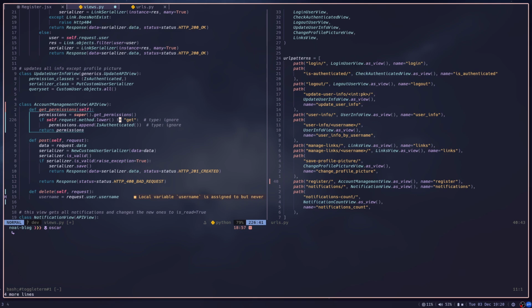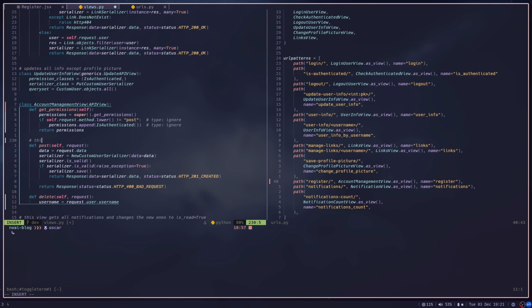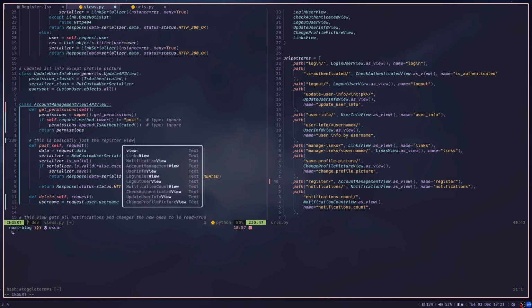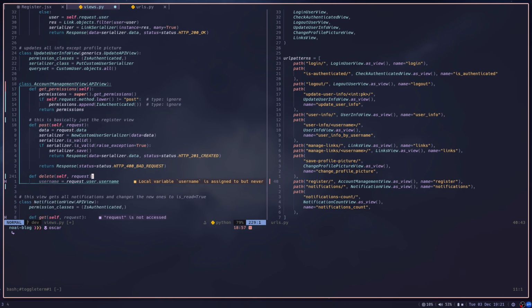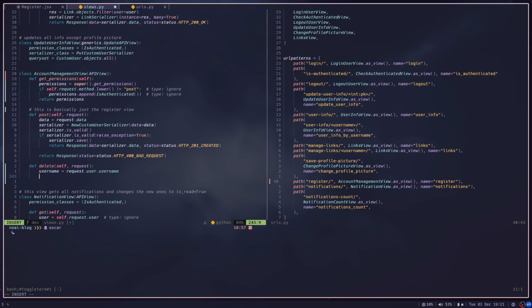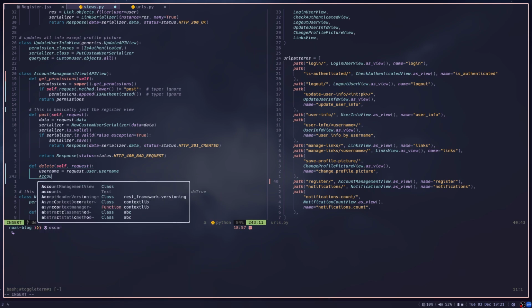Dot lower is not equal to, in this case, it is post because this is register. I'm going to actually make a little note there. This is basically just the register view. Not post, and then we append those permissions to it. And then yeah. Okay, so now that we're here, we can just take